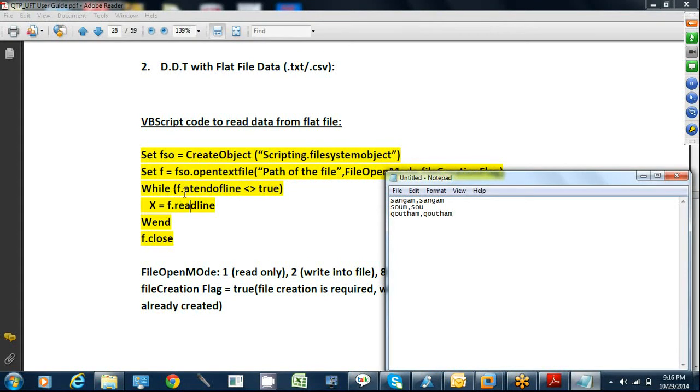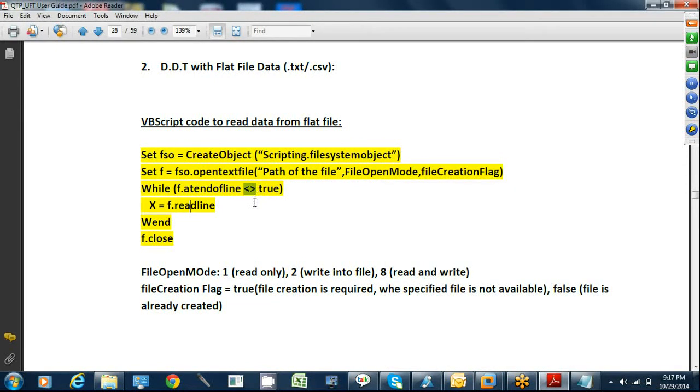Using this f I am trying to run over all the lines in your file. I don't know how many lines you have, 1000 lines or 1 lakh lines, I don't care. Here, at end of line is not true. That means until the end of the line is not reached, just run it. That's what it means. This is the symbol for not equals.